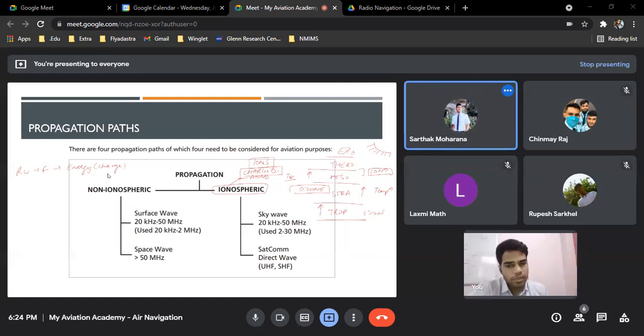No, it's not called the inversion layer. I don't remember this, but some people might call it that. You don't have to memorize this, it's not going to be asked. If you're giving the meteorology exam, then definitely I'll get back to you. But anyway, let's come back to the topic.